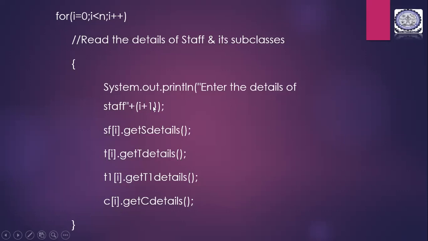Staff plus I plus 1, because you are not going to start from I initialized to 0. You have to start from the first staff, hence you are starting from I plus 1 staff. That is 0 plus 1, that is first. So this gradually increments until the n value is met to the user requirement. If the user wants to put in 3 staff members, n will be 3. If the user wants to put in 4, it will be 4.